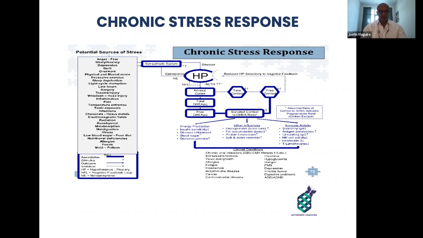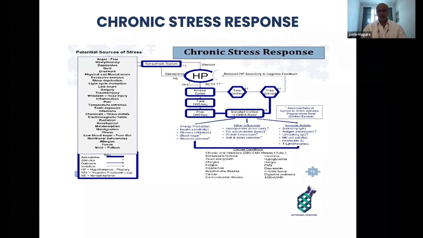Nutritional deficiencies, allergies, foods, mold, and pollens. Nutritional deficiencies, I just want to put in there, often people say, oh, I take lots of vitamins, I take lots of nutrients, I take lots of supplements. It's not necessarily about what you take, it's about how your body is able to utilize it. You can take a lot. It's like filling a car's tank with petrol, but the combustion of the engine doesn't work. It's going to overflow, yet there's going to be no energy produced from the engine itself. So it's really not about the intake, but rather about the utilization of micronutrients that needs to be taken into